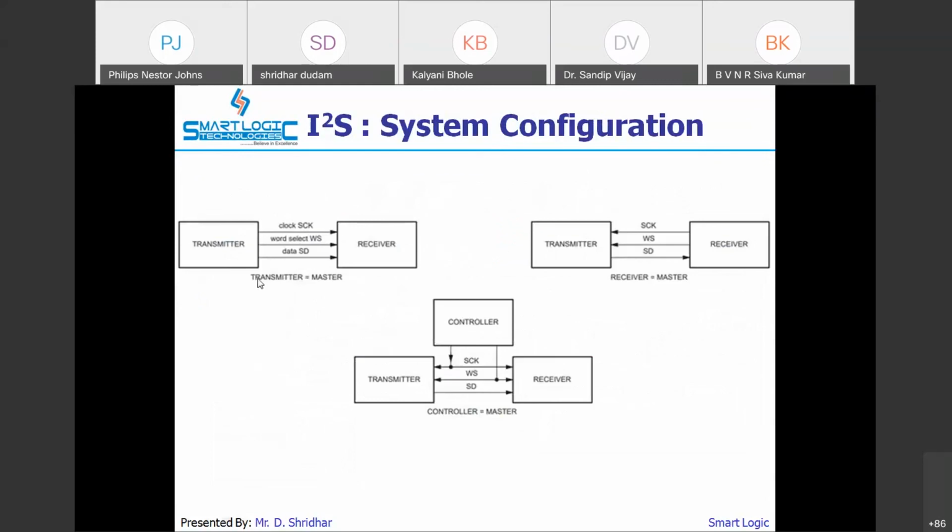One is the transmitter and receiver configuration, where the receiver is master, and there is a controller. Who will decide how the data is transmitted? That is what the configurations define. There are three configurations: in one case the transmitter acts as master, in another the receiver acts as master, and in the third the controller acts as master.